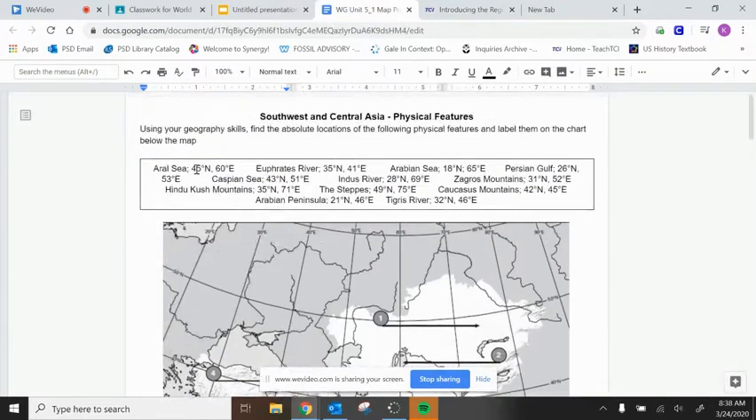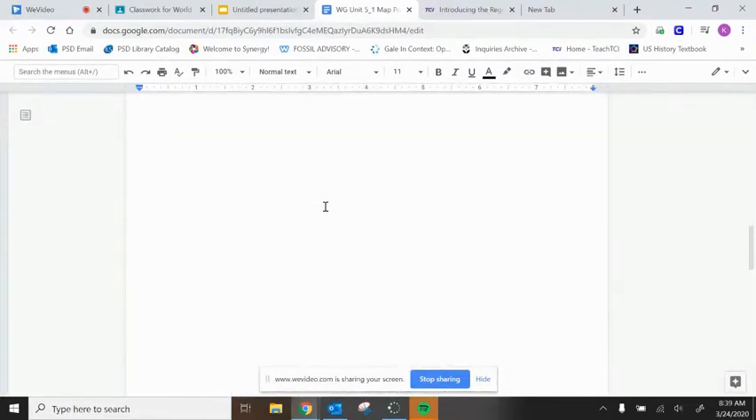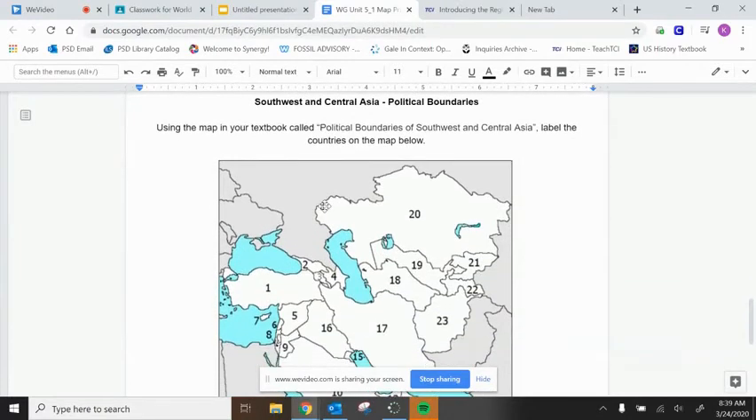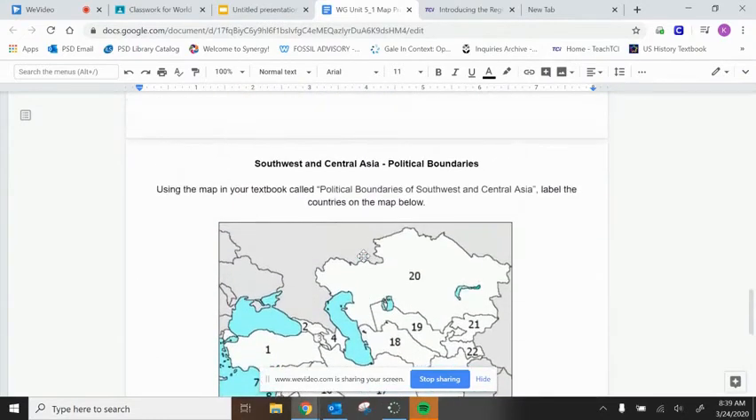So you're going to keep going through step by step. I've already done the Aral Sea, so I might bold it or something just to know I'm done with it. Keep going through. All right, so after you fill in the physical features of Southwest and Central Asia, you're going to scroll down to page 3. And page 3 is using map reading skills, using a map in your textbook to label the political boundaries of Southwest and Central Asia. So I am going to use the map called Political Boundaries of Southwest and Central Asia